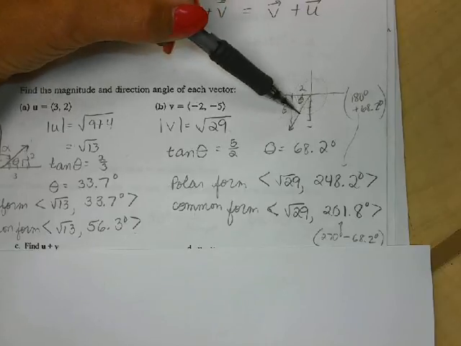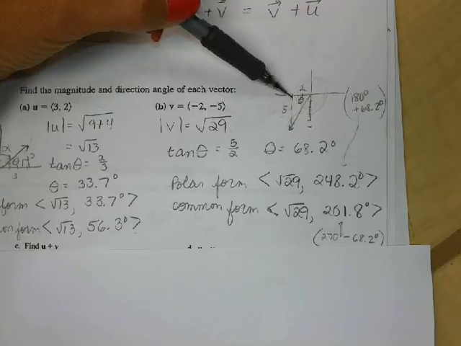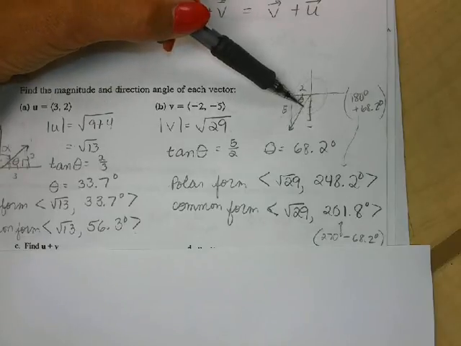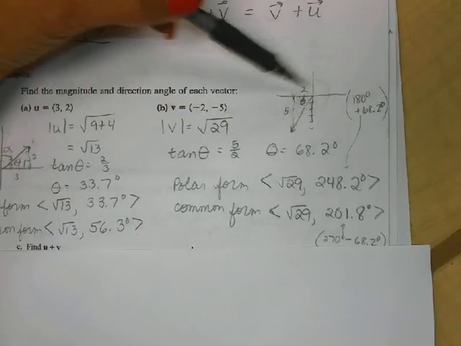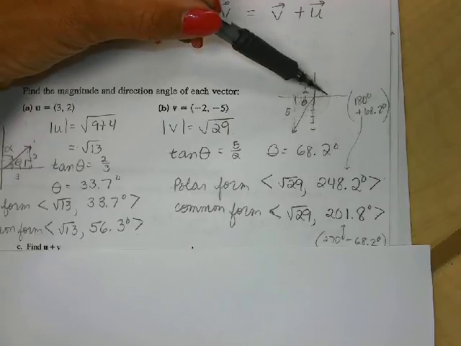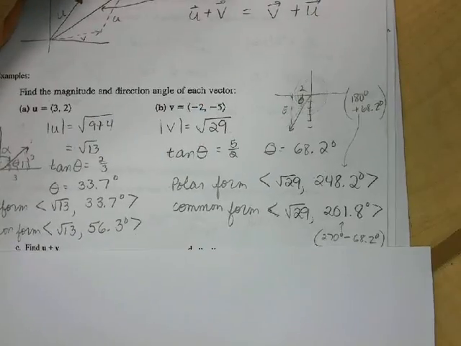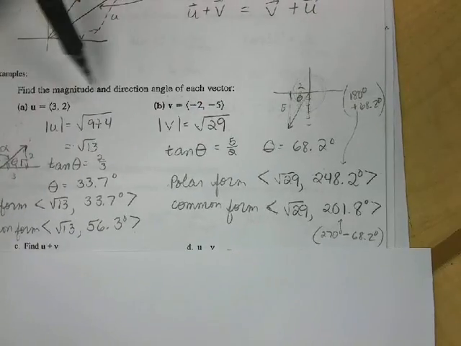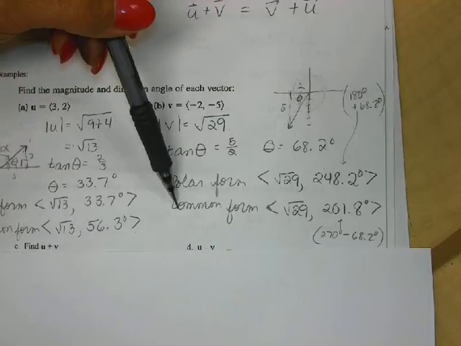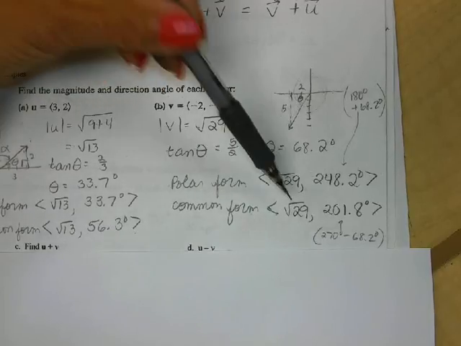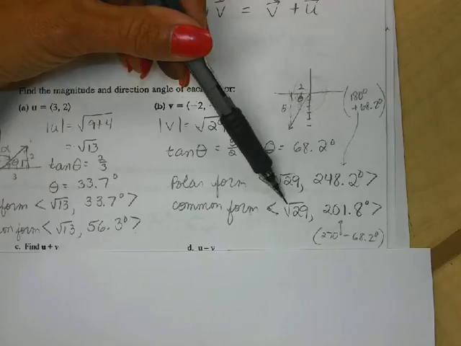I could likewise list this standard position angle as a negative angle if I had wanted, and take 180 degrees less this and have it be a negative angle here. But I'll stick with the normal notation of going in the counterclockwise direction for that standard position angle. Now, if you were asked for directions to have this changed into a common form vector, once again